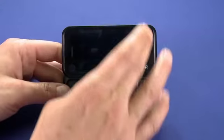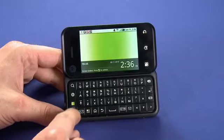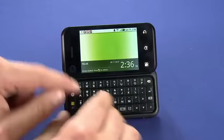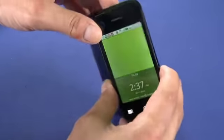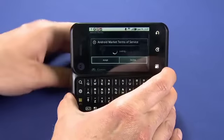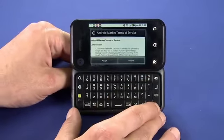Now, one thing I'd like to mention just before we close out here is I really do like this backflip feature where your keyboard sits on the back and then you flip it open and you now have a full portrait keyboard, because that means when we're using the device in portrait mode like this, we can take a picture of whatever we're looking at over here, shoot a picture using the touchscreen here, or we can flip it open like this. And if we have a video conferencing app on our Android phone, we can actually do video conferencing and things like that. So that's a quick look at the